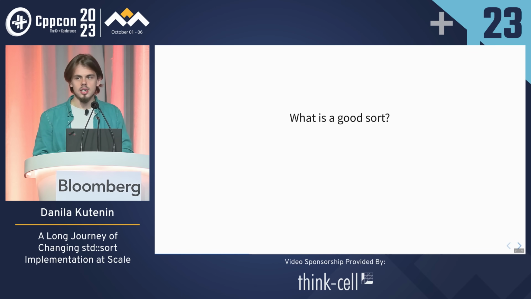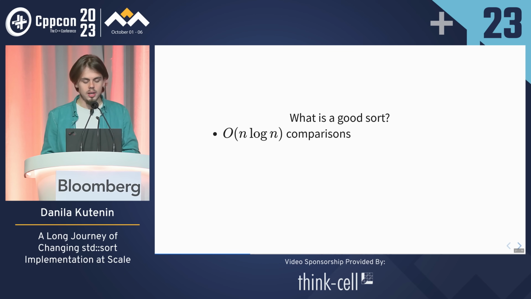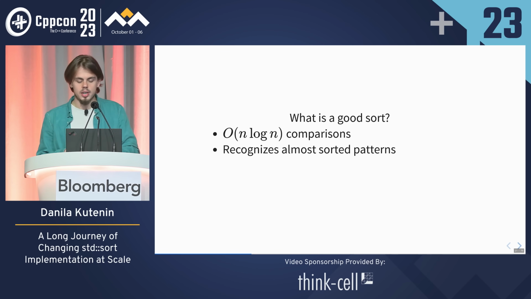And here comes a very good question that we want to answer before we do anything with the implementation. What constitutes a good sort? What is a good sort? First of all, it should have n log n comparisons. That's written in the standard. Probably it wants to recognize sorted patterns. We don't want to sort a lot of random, and we don't want to waste a lot of time on already sorted